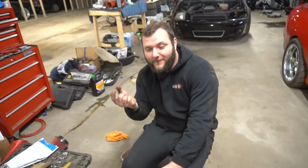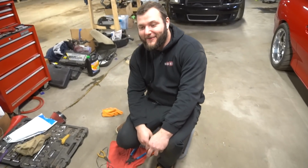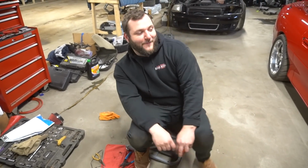The car sounded like it was cammed when it in fact is not. So we fixed that. Got 2 new O2s in it. Extended the wires a little better this time around. Yeah. Routed them properly, and it's good to go. They move over to this guy,